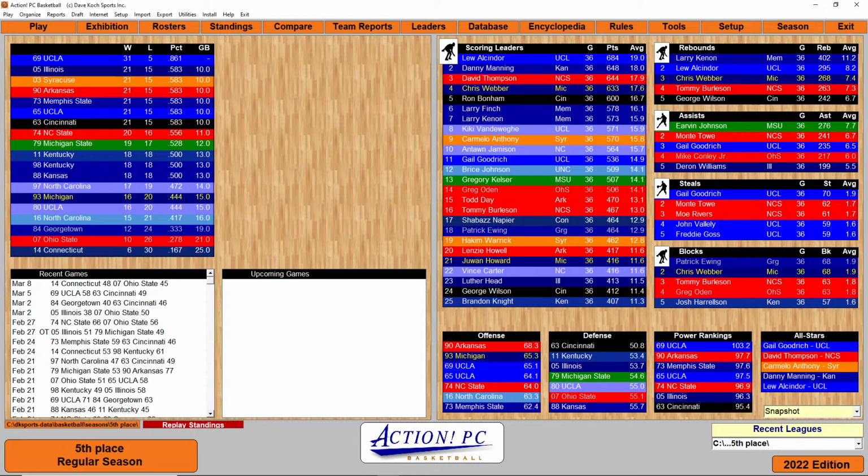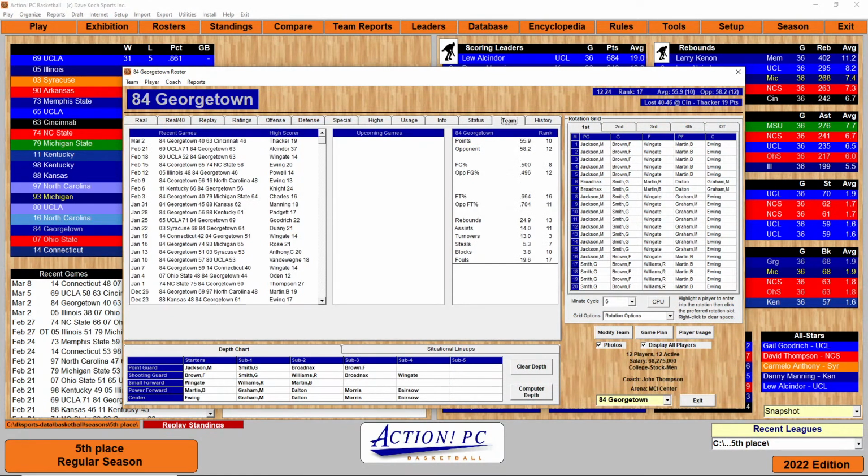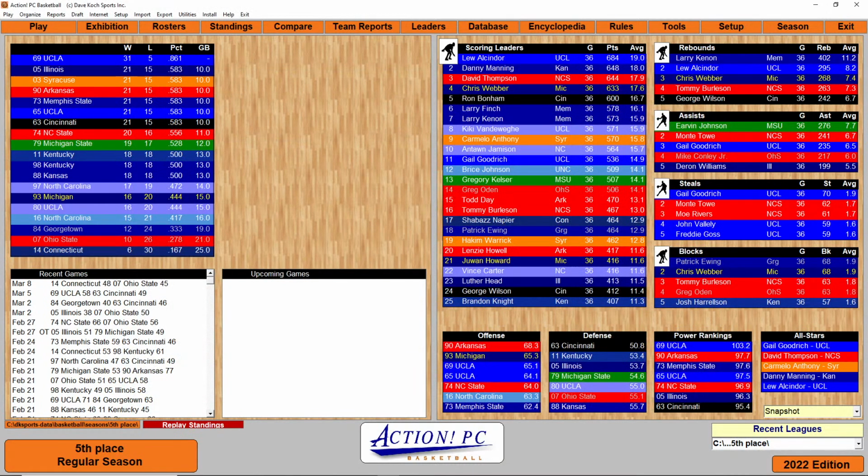Okay, so when you look at the league, somebody like 84 Georgetown, they didn't make it. You could see a team like they were 46-40. They had trouble scoring. Alcindor was very good at 37 points, 69 UCLA. There were some times there, I think their defense hurt them. But here it is. So 69